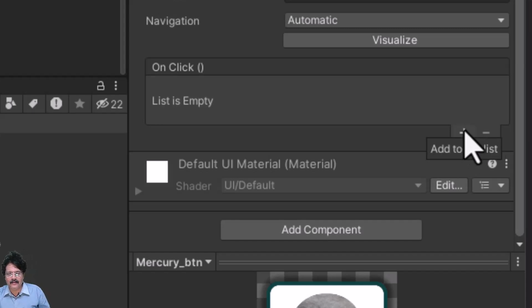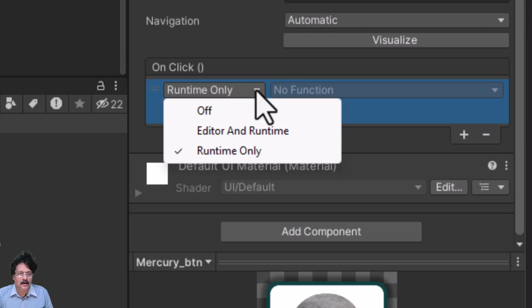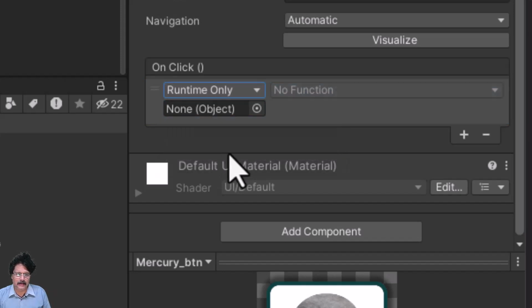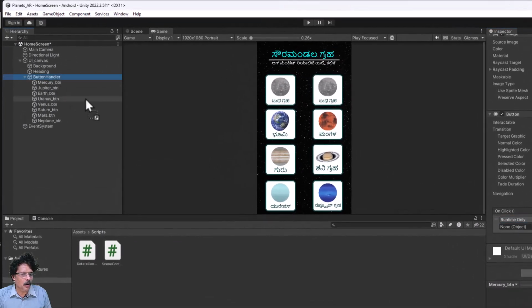If I click on the plus button, it is asking what should happen, and for this the parameters I have to give are, first, whether I want this button to be usable in both Editor and Runtime, or I want this component to work as a button only during runtime. So, I will select Runtime here,